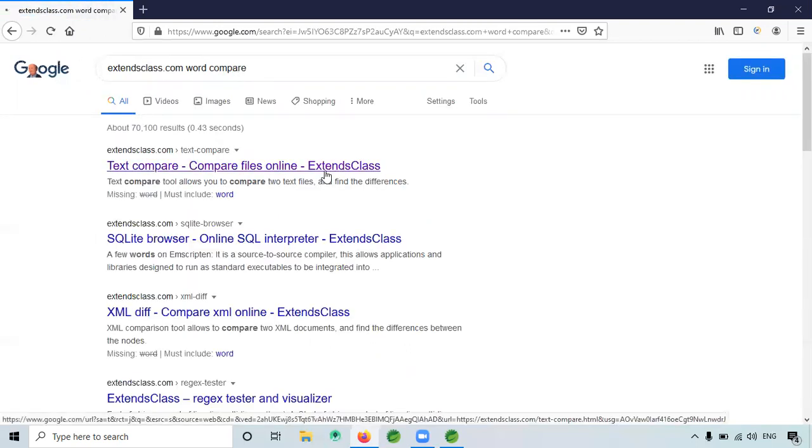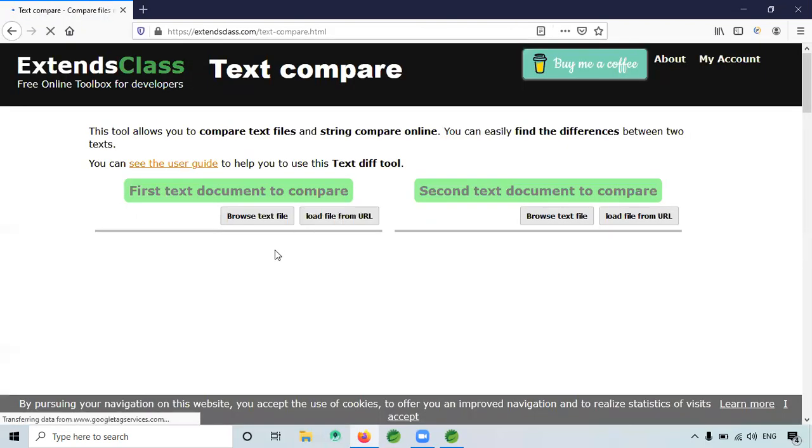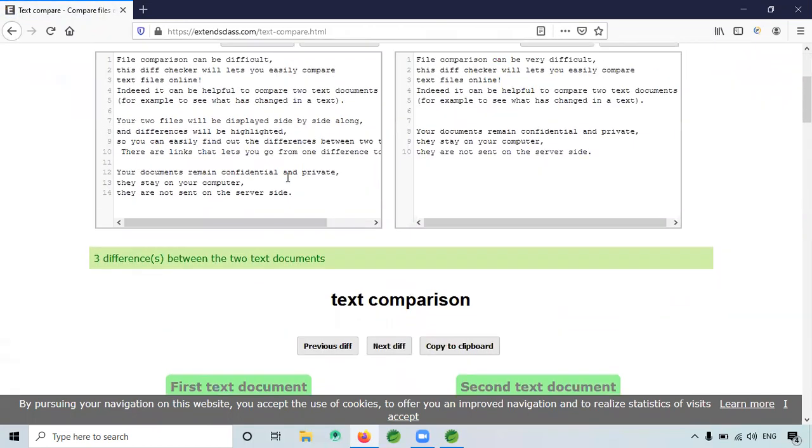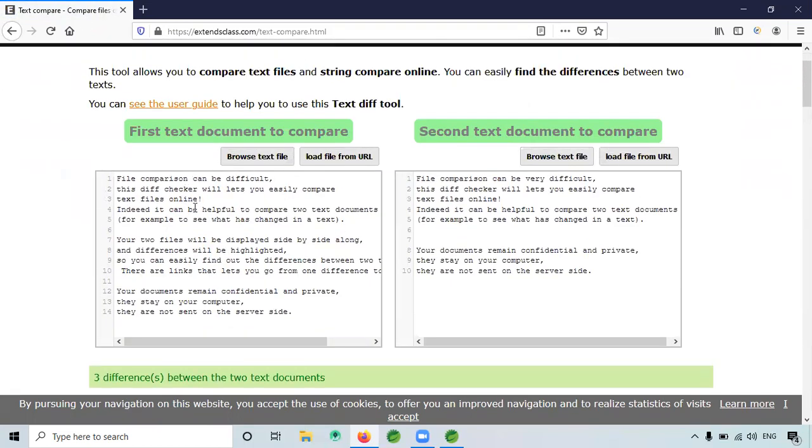Okay, so this is the website we have here. This website is actually to compare this text with this text. Here I'm able to copy the text, and here I will paste it. So that is what we have to do.